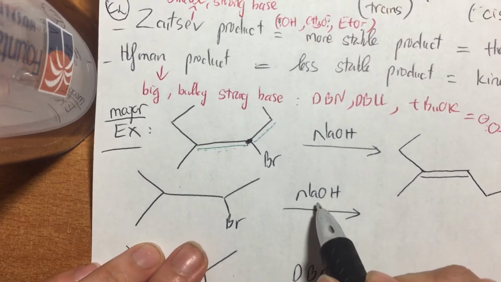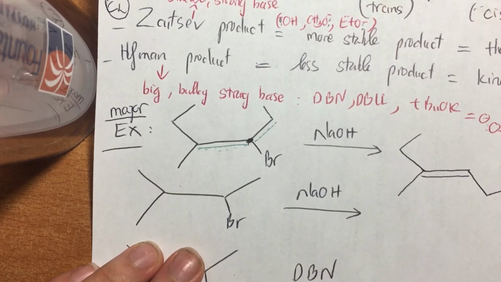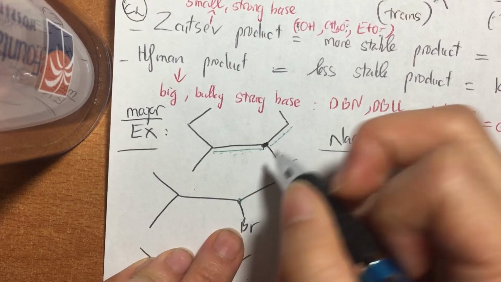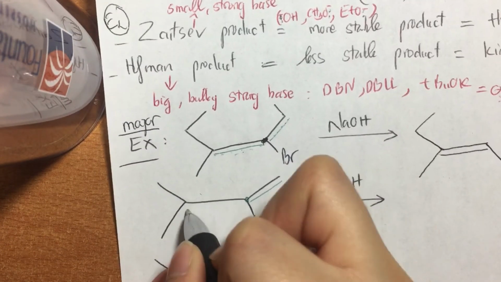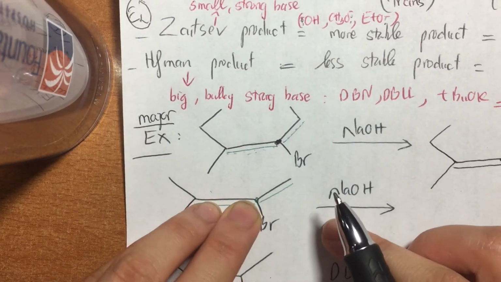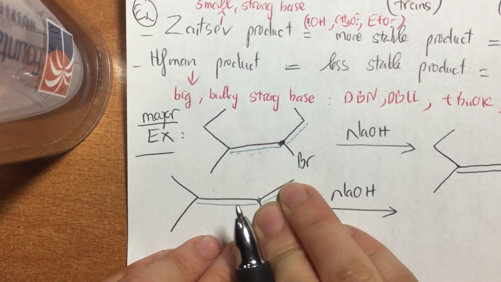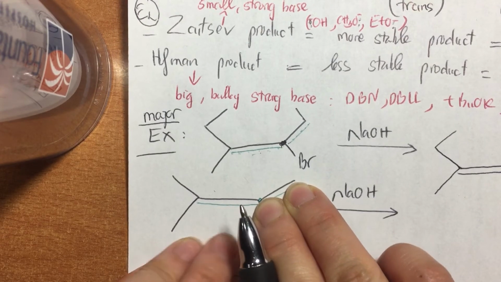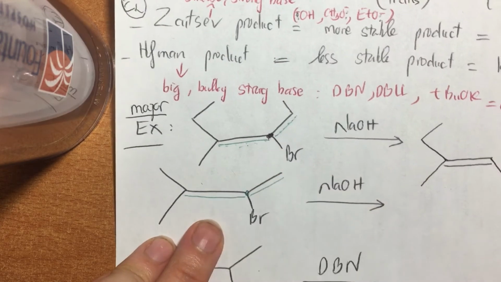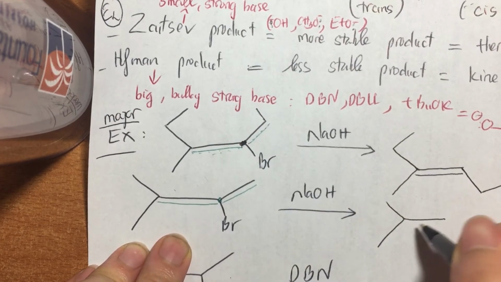For the next example, I will look at NaOH. NaOH is a strong and small base, so I know I will form the Zaitsev product. If I look here, my bromide is right here. Either my double bond can form right here, or it can form right here around my bromide, right? If it forms right here, I will have a mono-substituted product. But if it forms right here, I will have a tri-substituted product. Tri-substituted is always more stable than mono-substituted. For sure, with a small and strong base, I will have the tri-substituted product, which is more stable,